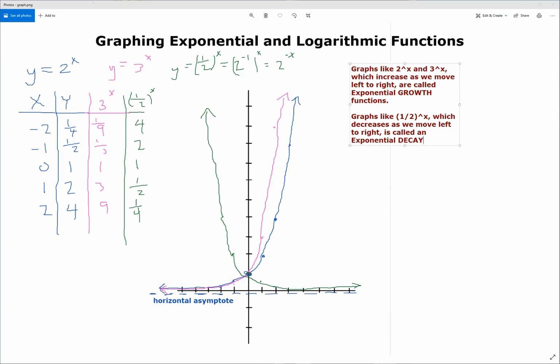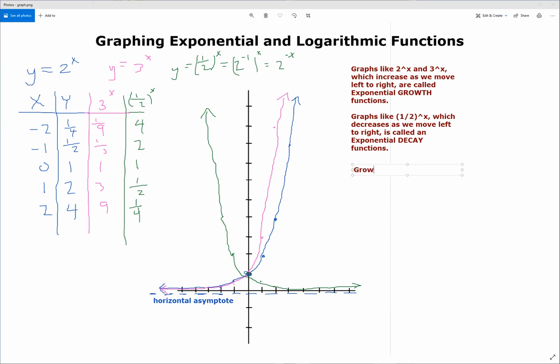decay function. And the reason we call it decay and not just like an exponential shrink function is because it ties very closely to a specific application that has to do with radioactive isotopes. So when we get into applications later on, we're going to see how that applies. But what's the difference? Well,